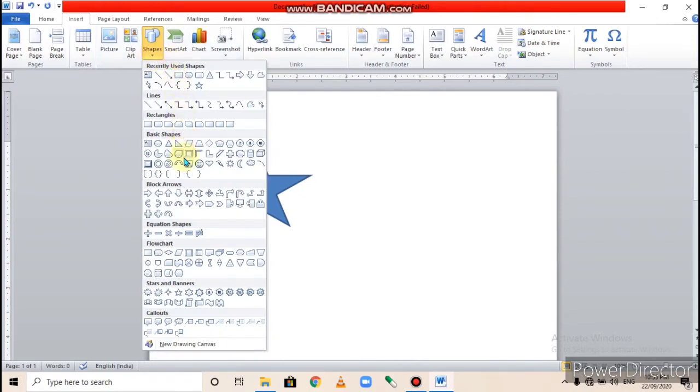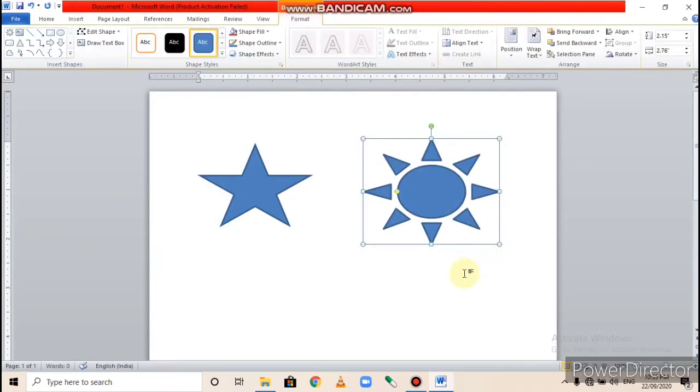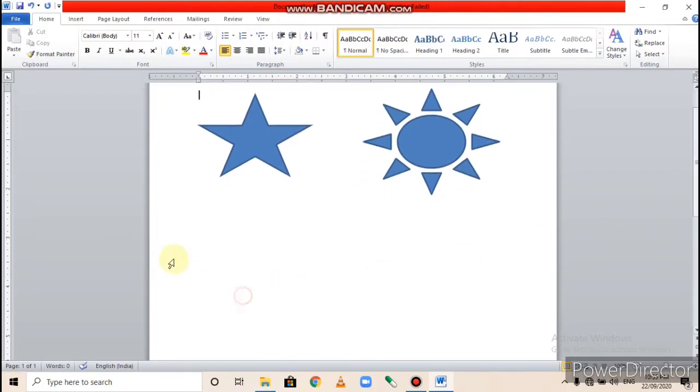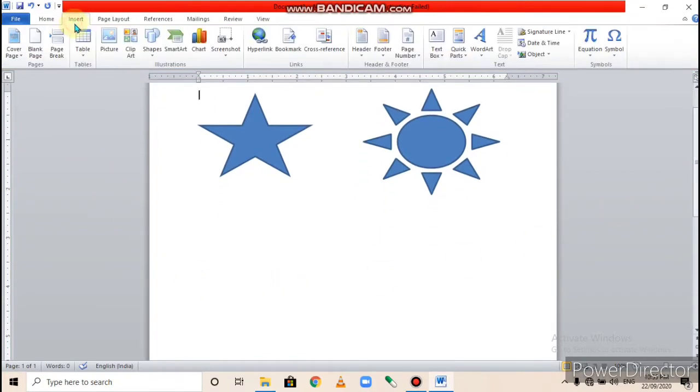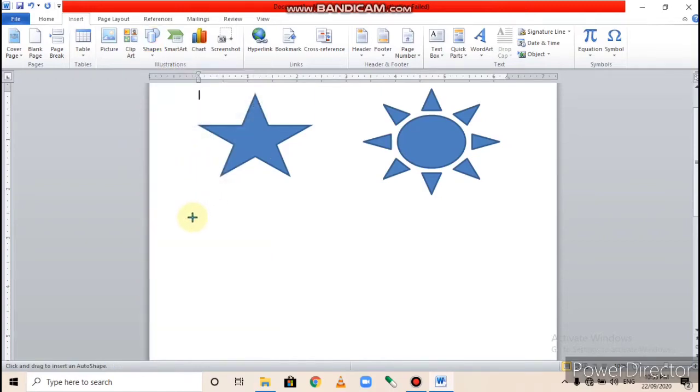Choose the desired shape and move the mouse pointer to the document. Click on the insert tab, illustration group, click on the shape option, then choose the desired shape and move the mouse pointer in the document.